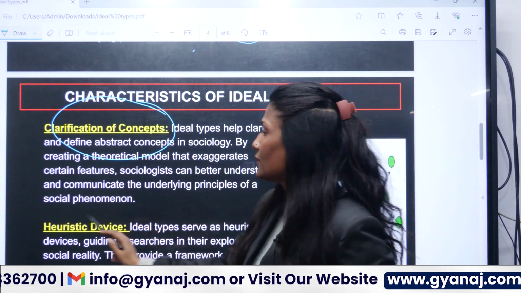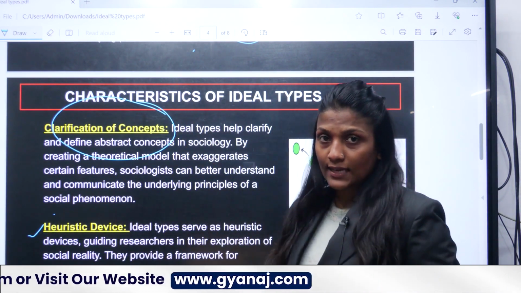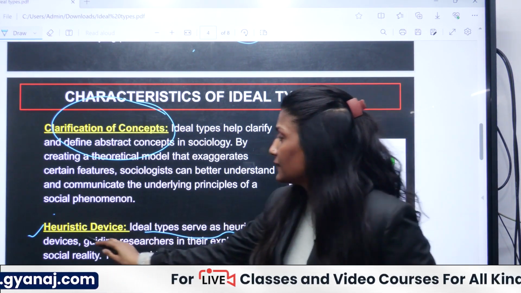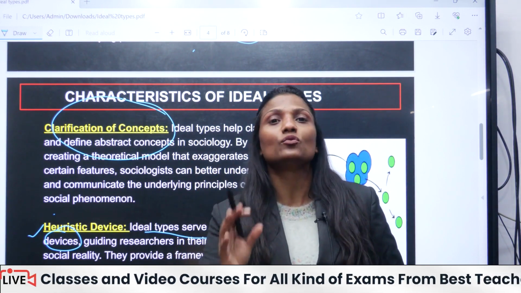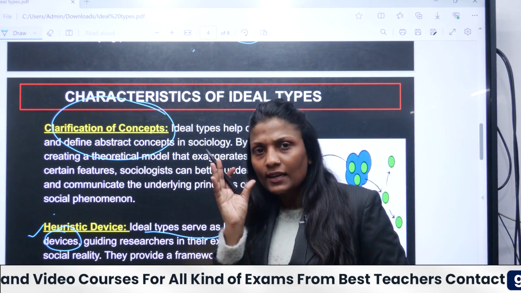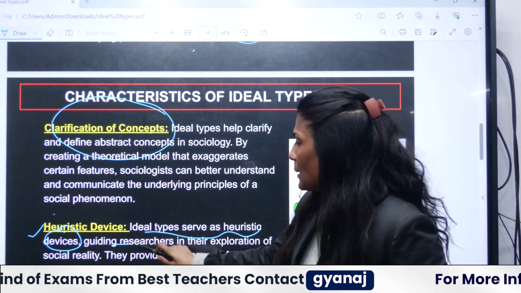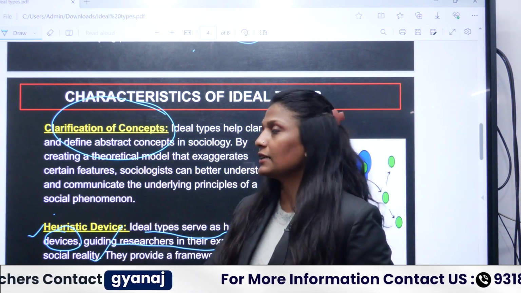It is a heuristic device, and this is a very important point to explain for ideal types. So ideal types serve as a heuristic device. What does it mean? It is a device which guides the researcher. It's like a hypothesis. It helps researchers in the exploration of social reality.